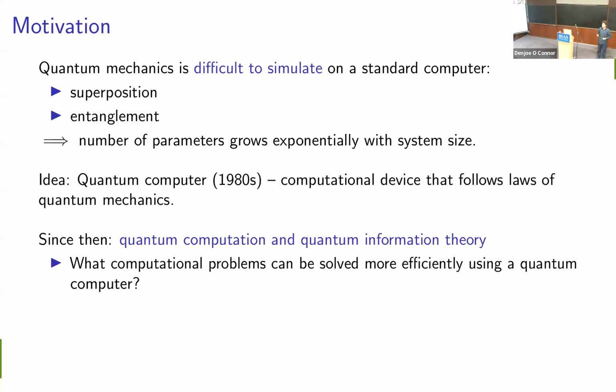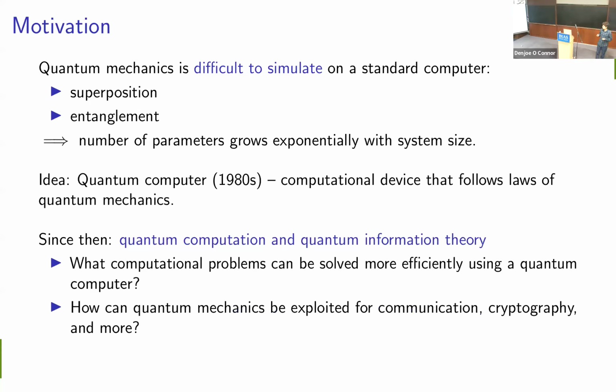We've now got a quite well-developed field, which has grown a lot over recent years, of quantum computation and quantum information. Broadly, the questions that we look at in this interdisciplinary field, with people from physics, computer science and maths, and on the experimental side also people from material science and chemistry, are, for example: what computational problems can we solve efficiently using a quantum computer, or more efficiently than using a standard, classical computer?